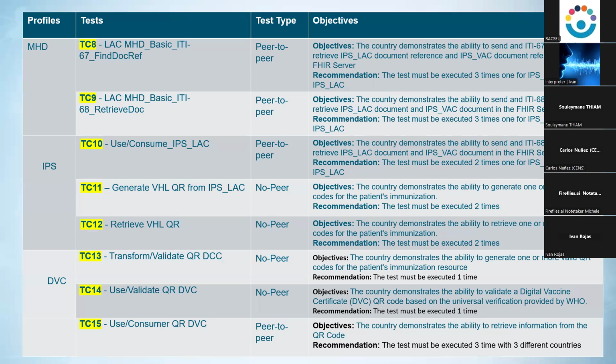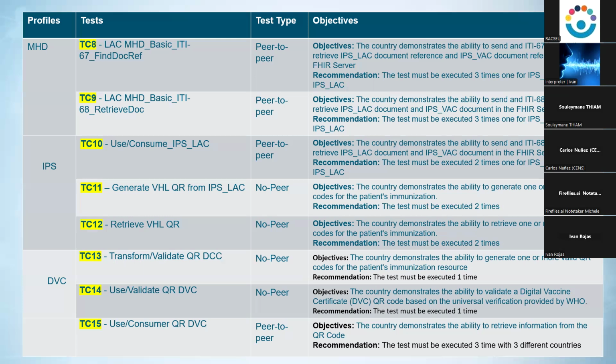After that, you need to use the WHO Universal Verifier to validate that QR code. If it's okay, you can share the sample with the other country in the Gazelle sample list. The last step is to pick the QR code of the other country in order to check if you can validate their QR code.